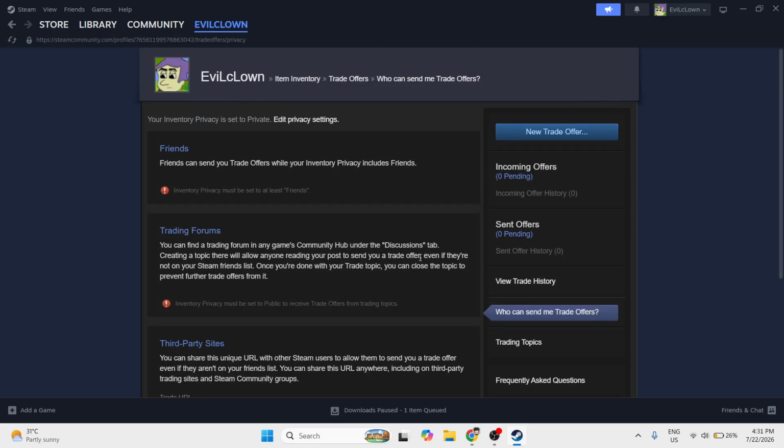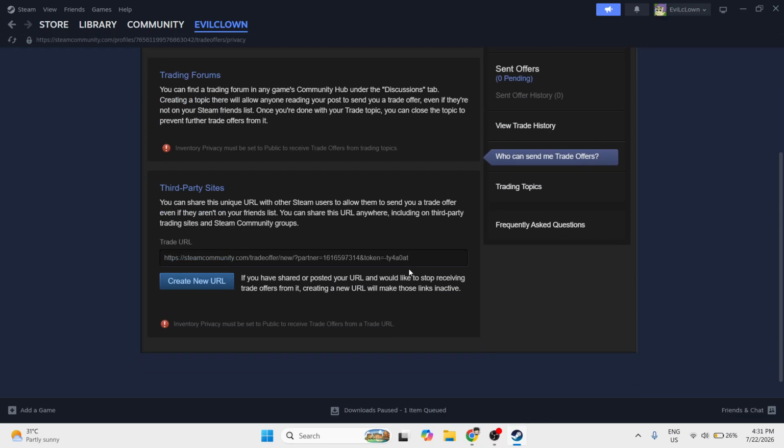After that, scroll down until you reach the third-party site section. This part is especially useful if you use external trading platforms that require your Steam trade link. In this section, Steam will display your trade URL. Once you see it, you can use the Copy URL button to copy the link and share it wherever it's